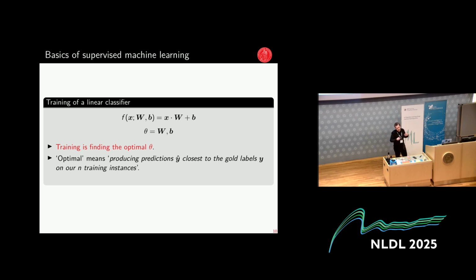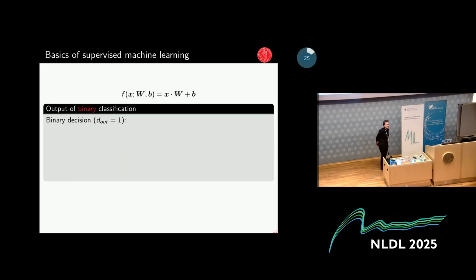It means that the model which is using these parameters will produce predictions y hat which are closest to the correct predictions, the goal predictions, on some testing instances, right? In the ideal case, we want a model which always predicts 100% correct labels. If we have a binary classification, like classification into two classes, like whether the message is spam or not,